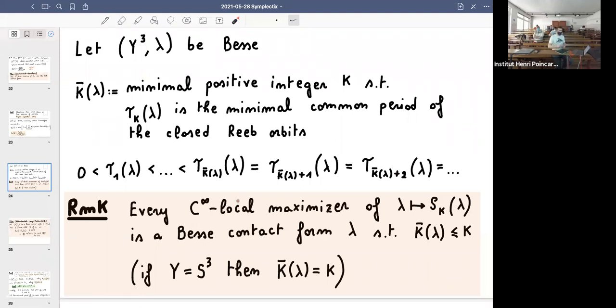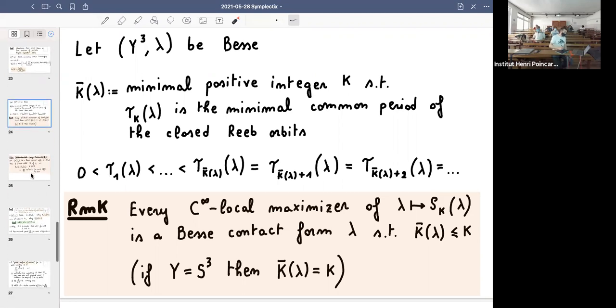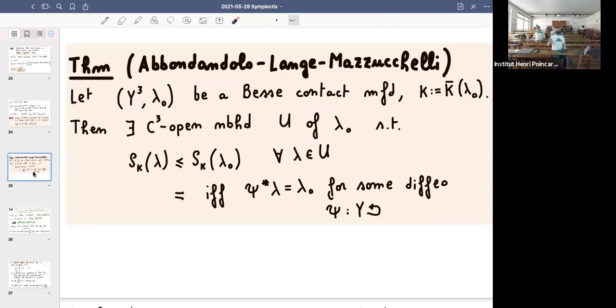To prove this remark, if you assume that it doesn't hold, then you can find a point in your manifold. Either the manifold is not Besse, or it's Besse but its k bar is larger than the k that you used for the systolic ratio. And you pick a point that is either in an open orbit or in an orbit that has a longer period than tau k. And you can just modify the contact form a little bit around that point, lowering the volume without touching rho k. So it's rather straightforward. So the Besse contact forms come up as local maximizers. What's non-trivial is the opposite statement, which generalizes the result of